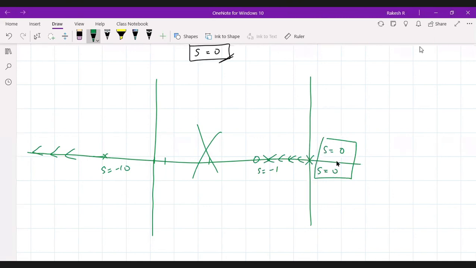And one more mistake that I have found: even if you have done these two zeros, you will not be considering the breakaway point. Here the students are not taking this as a breakaway point. They consider only two points, that is here one and here one, that is s equals minus 2.5 and s equals minus 4. Only these two, they are considering as the breakaway point and break-in point.